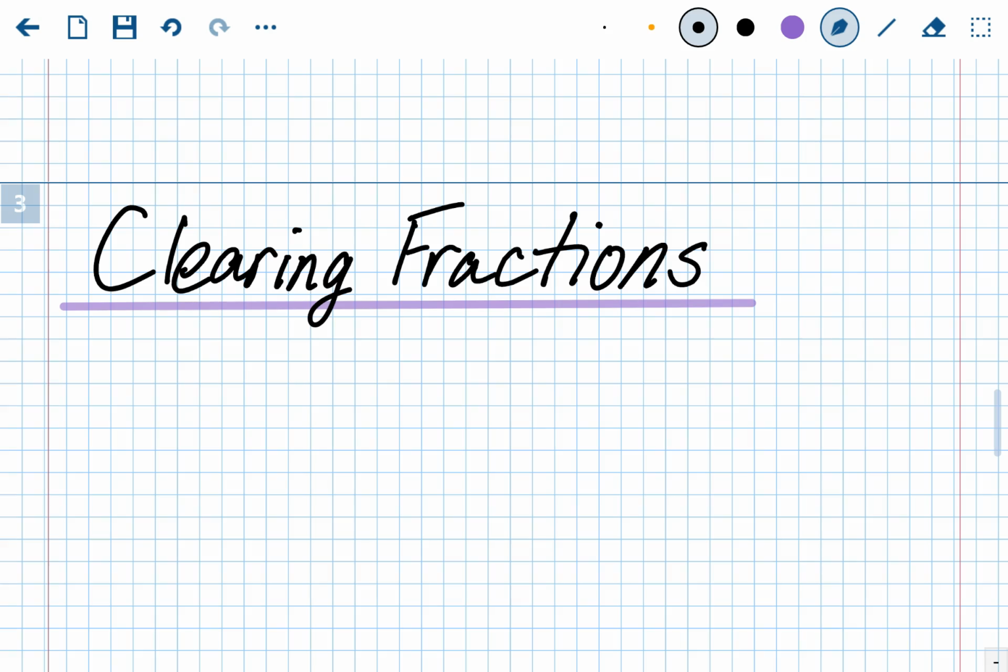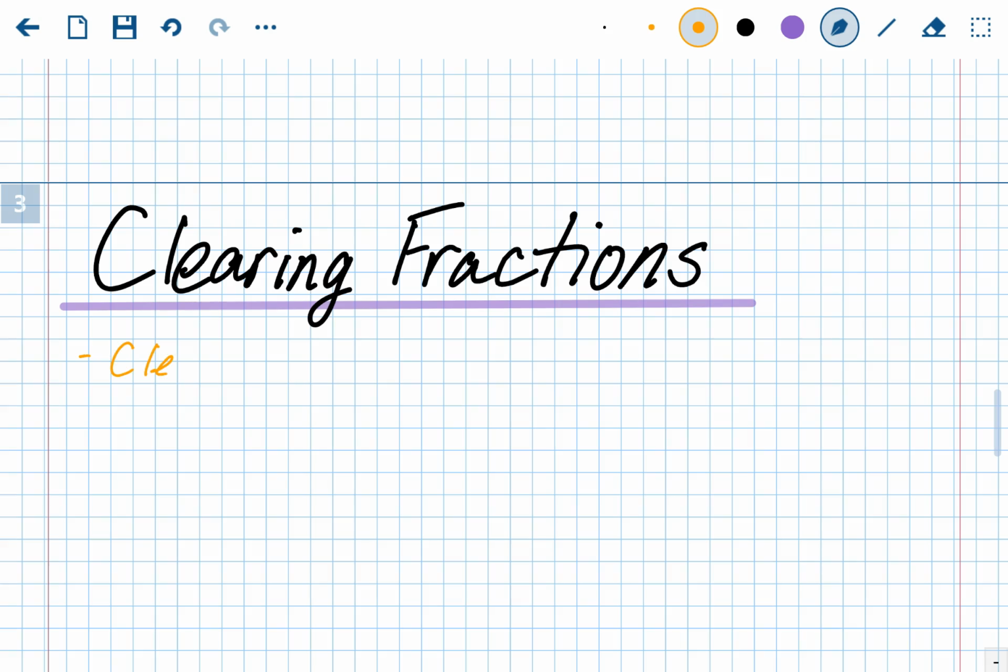So clearing fractions is an option to get rid of all the fractions in the problem and then just solve it like a normal equation. Not to say that fractions aren't normal, but again, I realize they are a little more difficult to work with. So if you're clearing fractions,